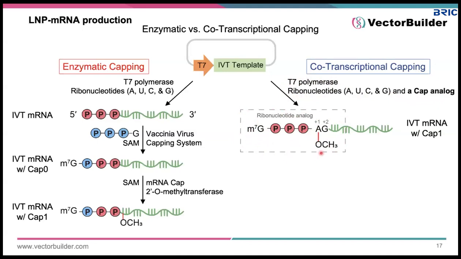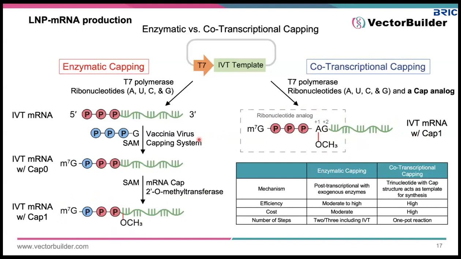And this structure is identical with the cap 1 structure found on the end product of enzymatic capping. And in this reaction, this cap analog will be used as the first two nucleotides in the in vitro transcription reaction, and all the rest of the RNA will be extended from here. So as you can picture, after the reaction completes, all the generated mRNA will automatically be equipped with cap 1